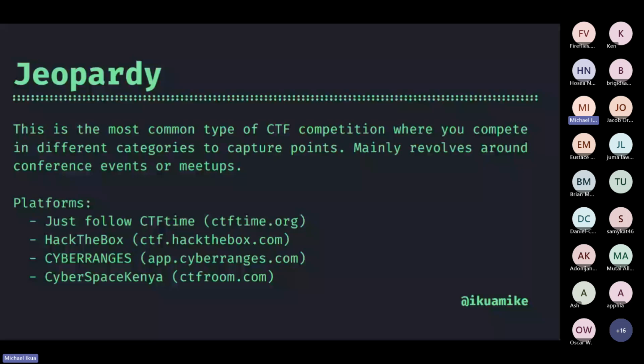Let's take the example of a network capture sort of CTF challenge. You've been given a question: the user was seen visiting a malicious website. What is the website? Then you're given a packet capture, because in cybersecurity, traffic is typically captured in organizations; if you need to secure something, you need to see what's going on. Then you're told to find this domain. So the flag is the website this specific user was visiting.